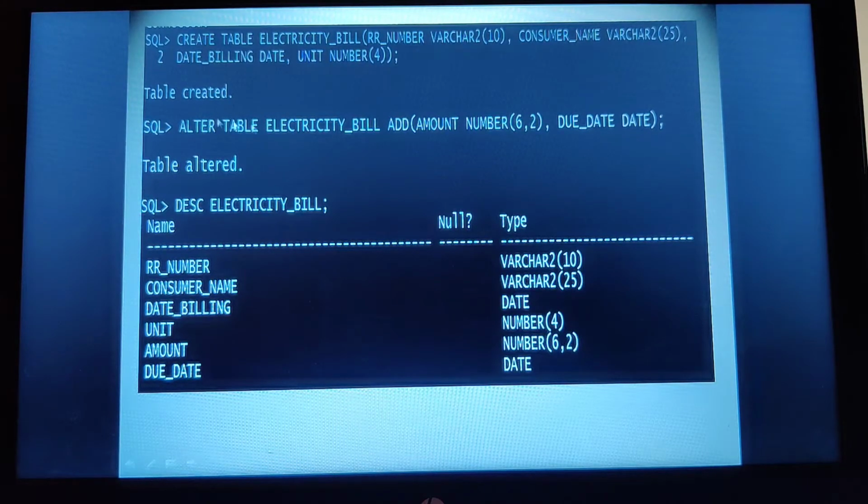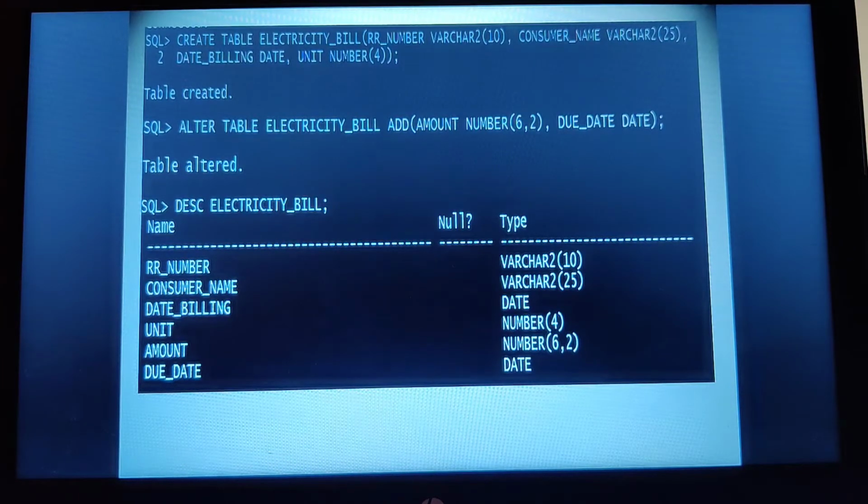Later, since you have executed this command, you have added 2 new columns, amount plus due date, and that's how you are able to see this structure of the table. I hope students you clearly understand how to use the ALTER command and when to use it. It's very important from your practical point of view.